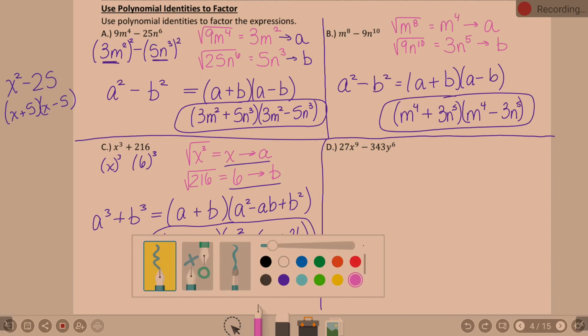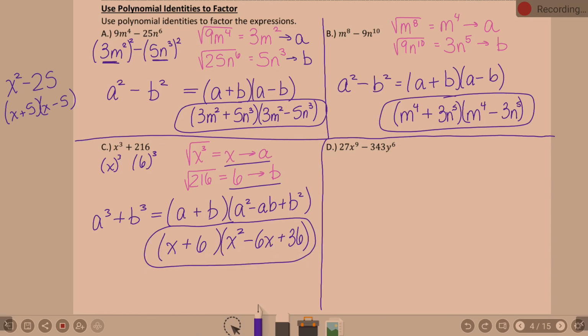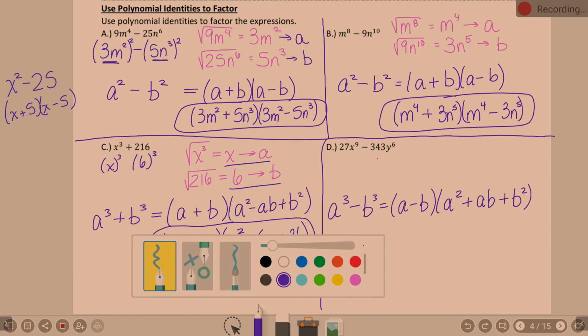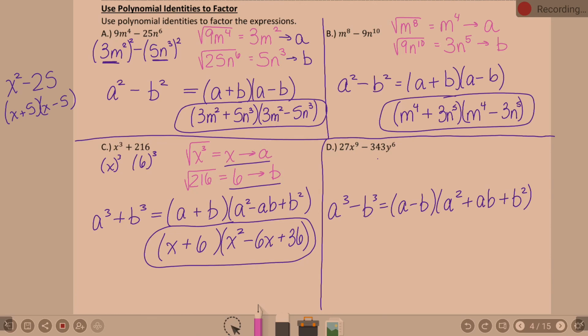Which format is this? What is this? Is it cubes or squares? Cubes. These are cubes, okay? And the exponents, you see multiples of 3. So the form I'm eventually going to be filling in is for a cubed minus b cubed, which the formula is a minus b times a squared, opposite sign, plus ab, plus b squared. All I need to know, what are a and b, yes? So let's talk about the cube root,